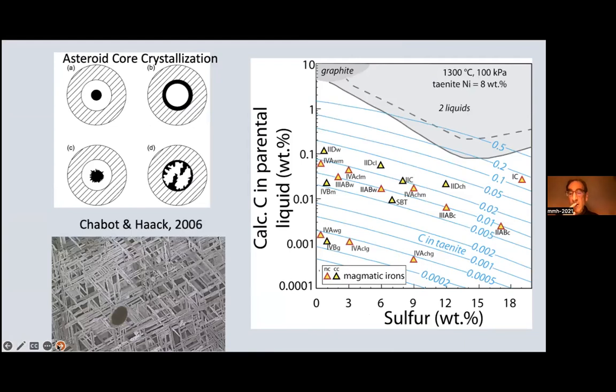The results of that are in this plot on the right. Each of these triangles represents a parent body of one of the iron meteorites. And the curves are the carbon concentrations that are observed in the solids. And the y-axis is the calculated carbon concentration in the parental liquid. And you'll see that the most carbon-rich ones have merely 1/10 of the weight % carbon, and they extend down as much as, or even more than, 2 orders of magnitude below that. The cores of these planetesimals were already very carbon poor.